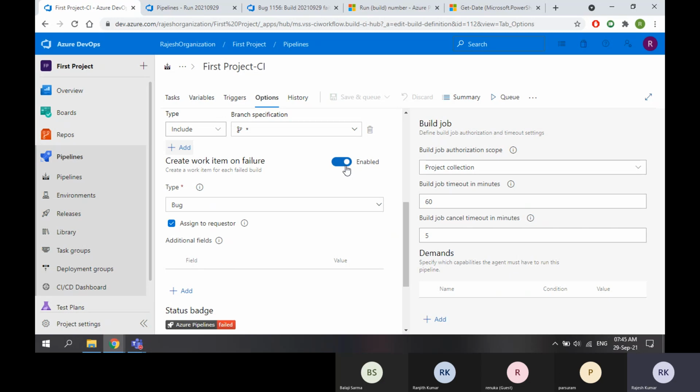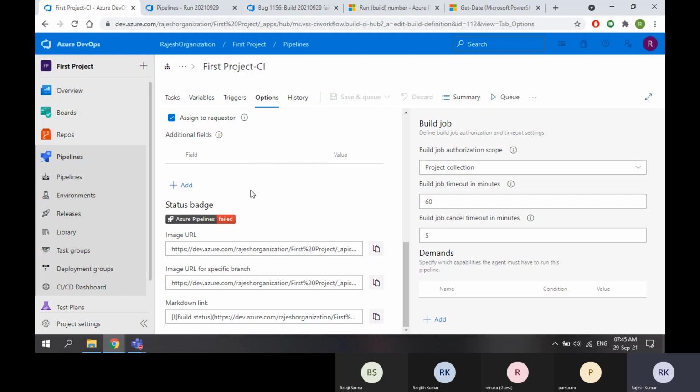But when there is a failure, it automatically links to the work item. Okay, so these are the options. Then status badge. What is this status badge? Status badge is something which you can use in your documentation to display the status of this build, whether the build is successful or failure, on the wiki pages.